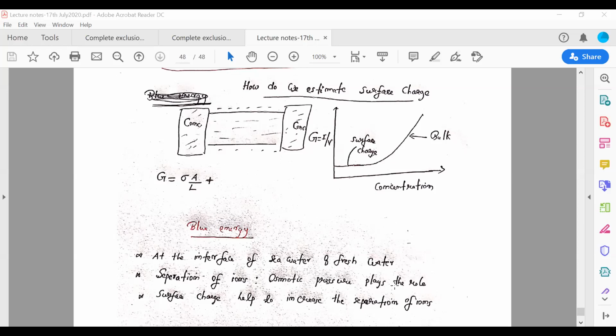So in this case, what you have is some kind of voltage generation. I mean, this is a kind of energy you have. Blue energy is all about the separation of ions, or about the pressure. There are different forms of blue energy, but essentially you can use this because we already found that we can separate ions using the surface charge concept. We can use this understanding to separate ions and to generate the voltage.